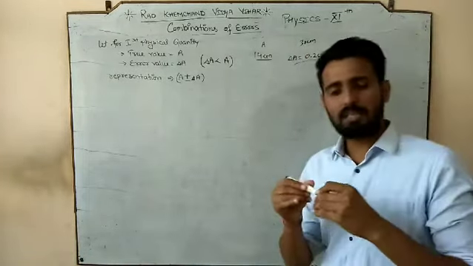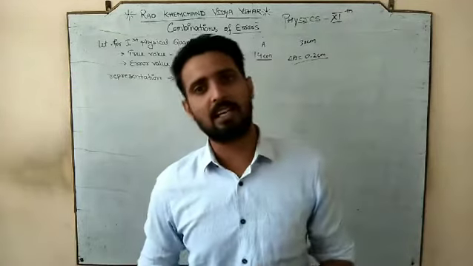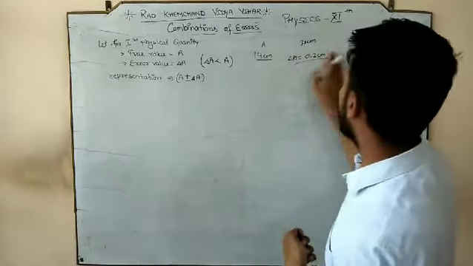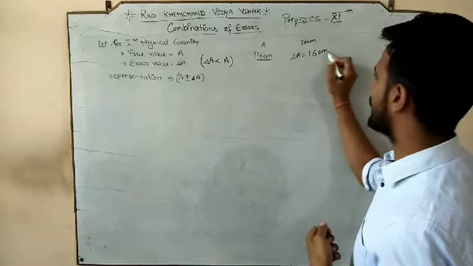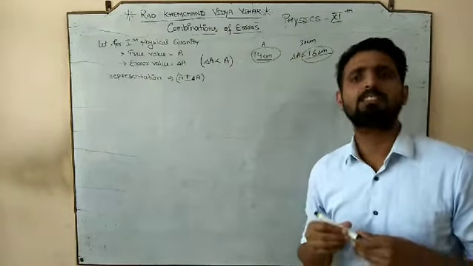Means the true length of this marker is 14 centimeter, but when you went to measure it, you found 30 centimeter. How much error are we getting here? The error that we are getting is 16 centimeter. Means the error is greater than the true value. That cannot be done.